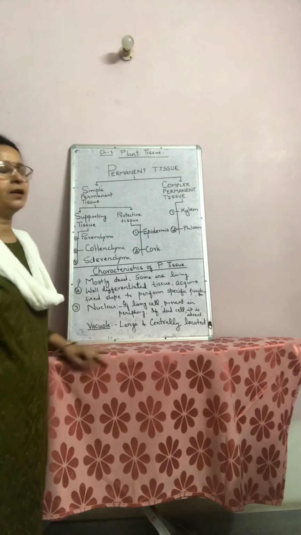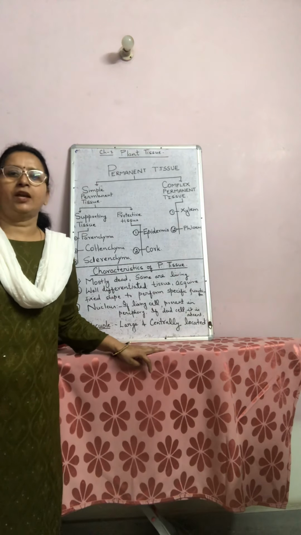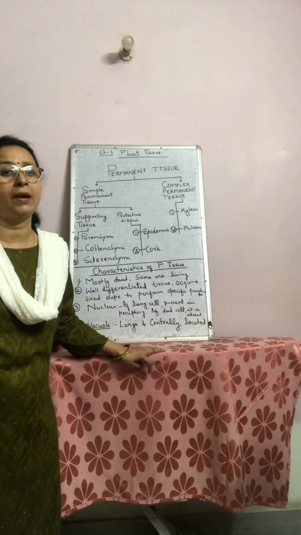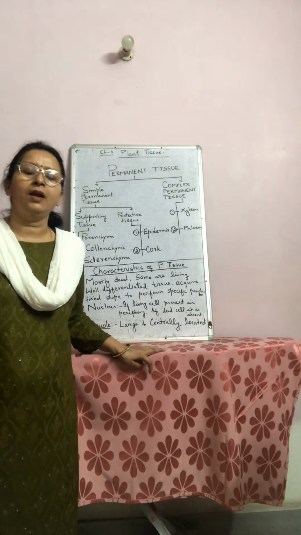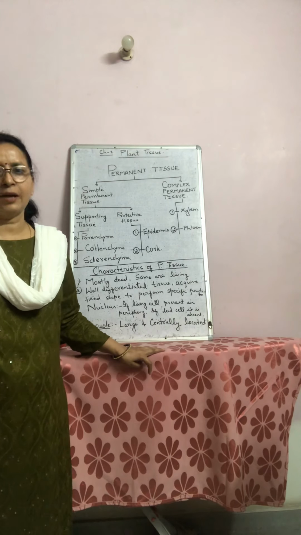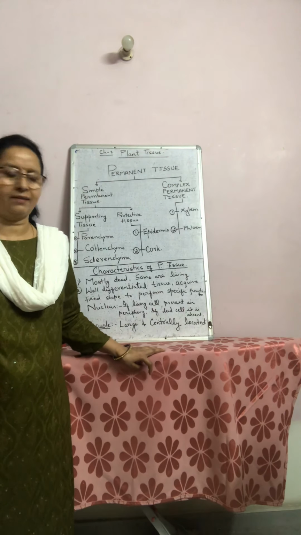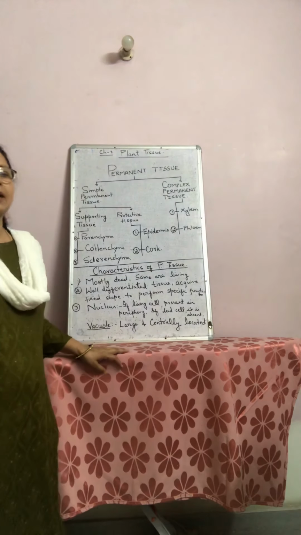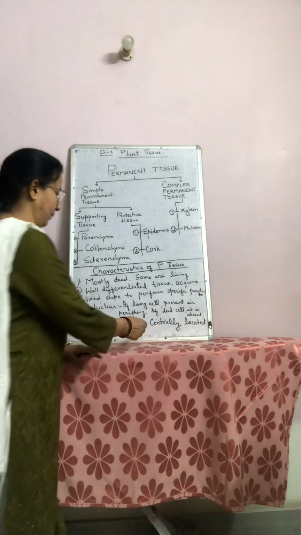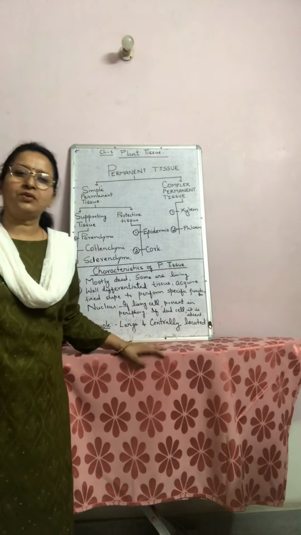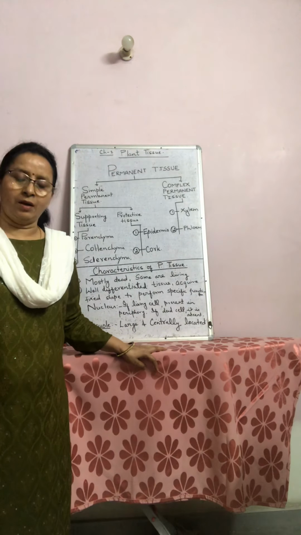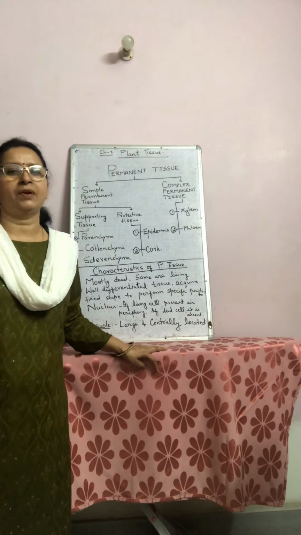Now come to the third point, when we see the nucleus. If the cell is living, in that condition the nucleus will be present in the periphery due to the centrally located vacuole. But if cells are dead, they are devoid of nucleus, that means nucleus is lacking in dead cells. Now come to the fourth point, vacuole. Vacuoles are larger in size and centrally located in permanent tissue. The rest of the characteristics you have seen in the comparison between meristematic and permanent tissue in the previous class.